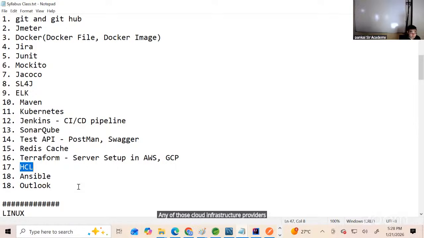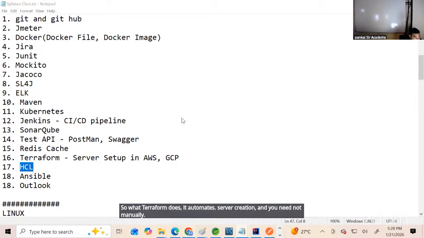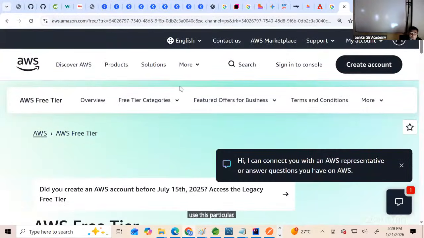I can use this particular what? Terraform. Did you understand this now, people? Did you understand this part? So what Terraform does, it automates server creation and you need not manually use this particular UI to log in and create. But our course covers both. First I'll teach you manual infrastructure creation. And then second step I will teach you the same thing, how we can do it using